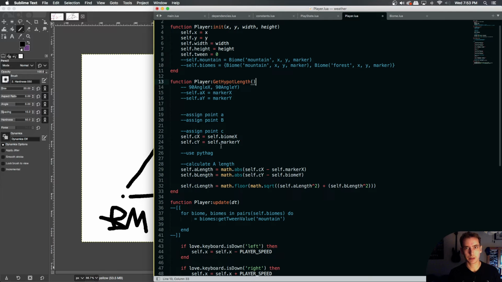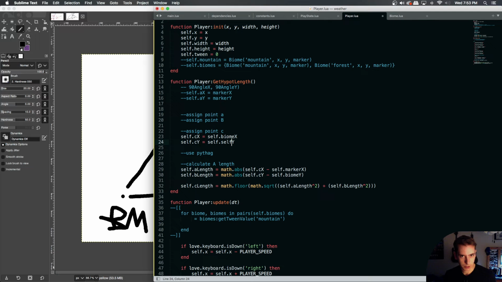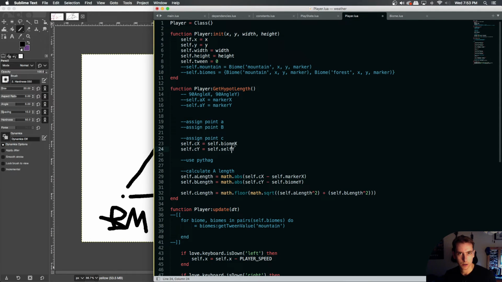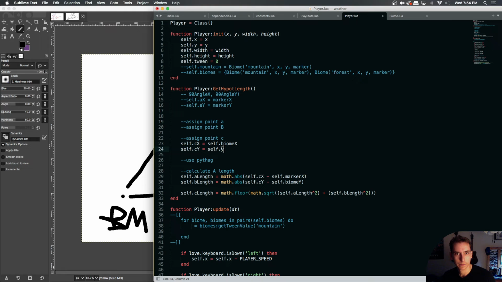Basically the same thing, except we need to assign a point C, which doesn't get set to a marker Y, but to self.y. Self.y gets moved into our C point Y, and our CX would be our